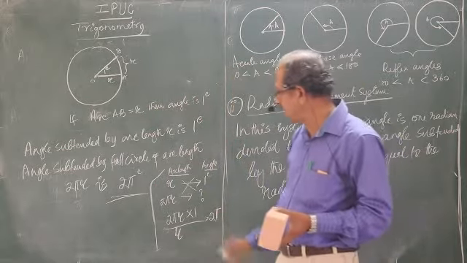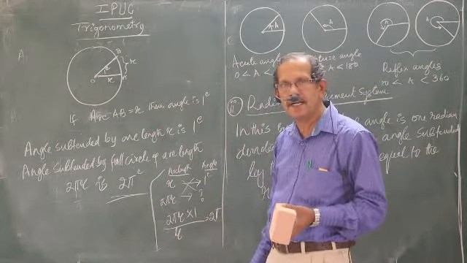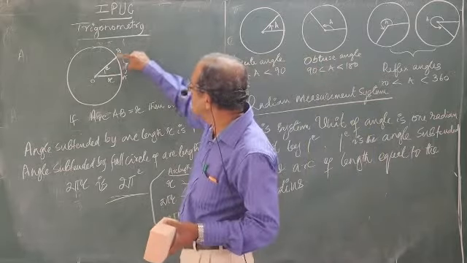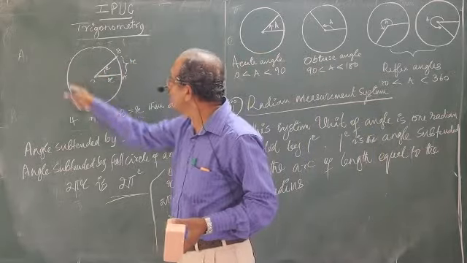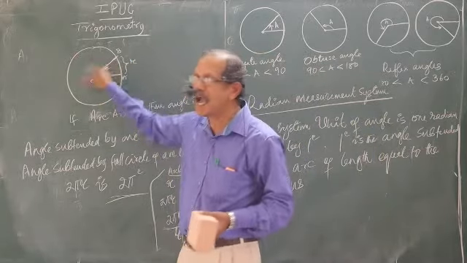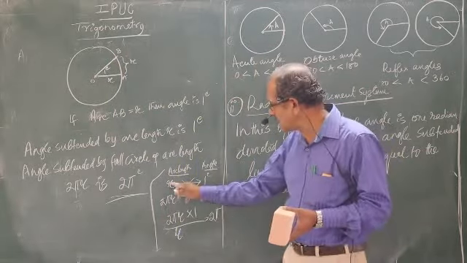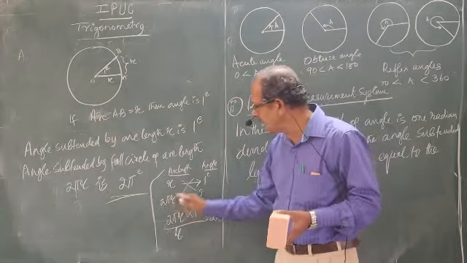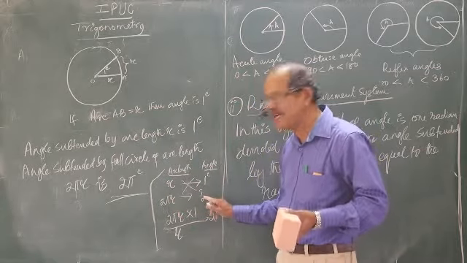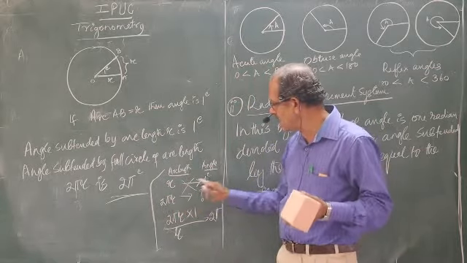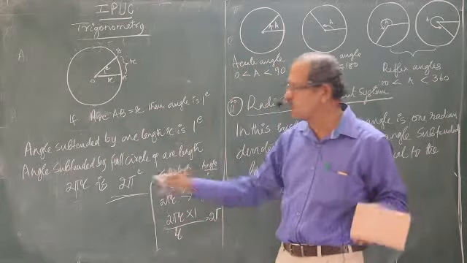Just a simple calculation shows how you got the 2 pi radian. r arc length subtends 1 radian. 2 pi r is the entire circle. What is the angle subtended? The full circle 2 pi r subtends how many radians? Calculate 2 pi r into 1 divided by r: 2 pi radian.